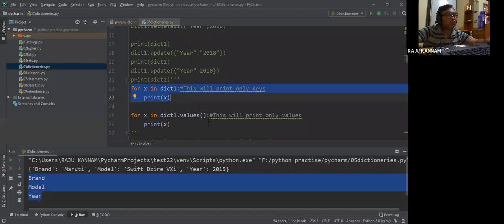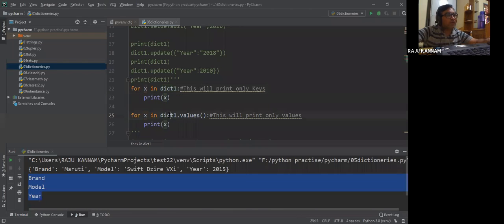What do I have to do? For that, I have one method called values. If you search every element in dict1, obviously you get the key, and that key gets stored in x. Now if you print x, you are printing the key only, right? Now I don't want to print the key, I want to print the value.